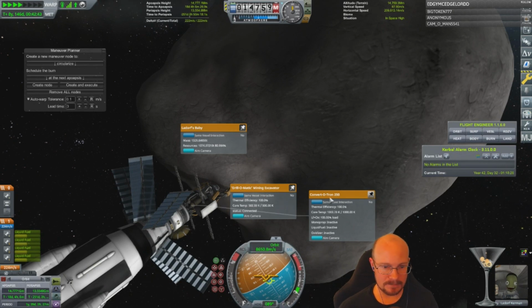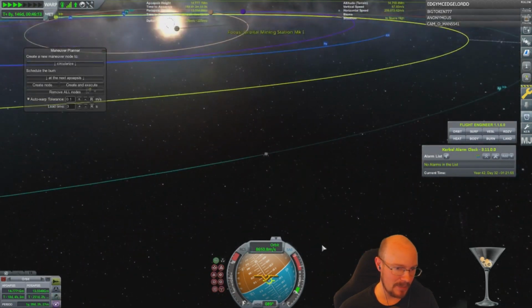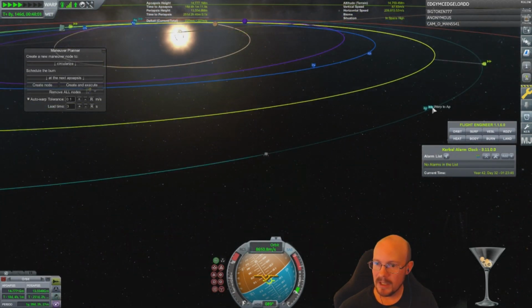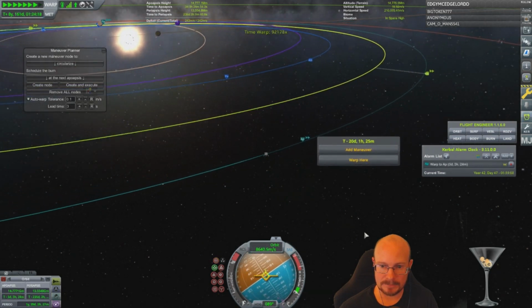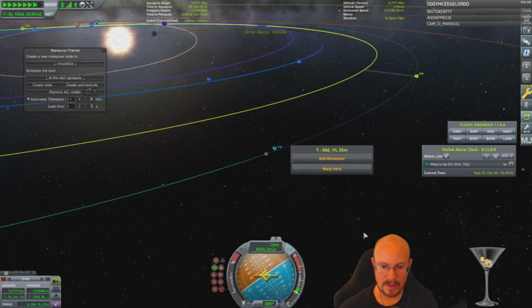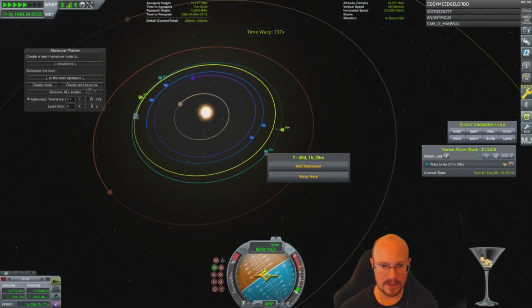Alright, well, let's do what we're going to do. I'm not going to have time to get this all the way back to Kerbal. I'm basically out of time. Let me warp to the AP. We're going to burn at prograde at the AP, and we're going to try to raise our orbit so that next time we play...